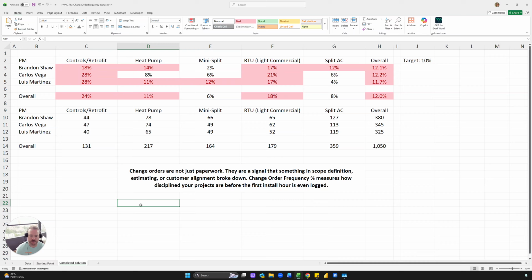So change orders are not just paperwork. They're a signal that something in your estimating, your scope definition, your customer alignment broke down. And so this KPI is going to measure how disciplined your projects are before the first install hour is even booked, right? And so I'm going to work backwards just to show you how one number can be dug into,